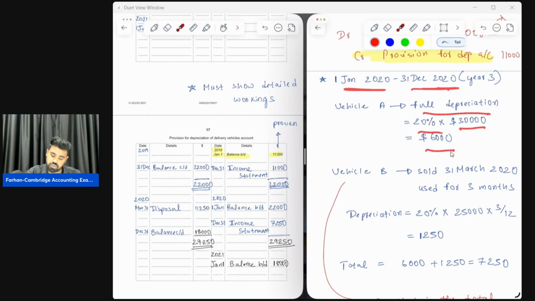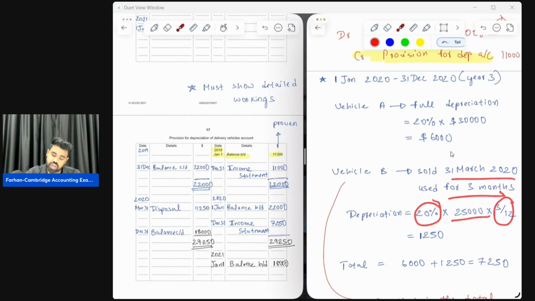That gives us $6,000. Then we have got vehicle B, which we sold on 31 March 2020, and it was used for 3 months, right? So that means the depreciation is calculated on vehicle B using a proportionate method, where we first multiply the 20% annualized rate with the total cost of 25,000. Then we adjust it for the 3 months, which are the months of January, February, and March that it has been used in the year 2020, out of the 12 months that are available in the year 2020. So that's why we're multiplying it by 3 over 12. That gives us a total depreciation for vehicle B in the year 2020 of $1,250